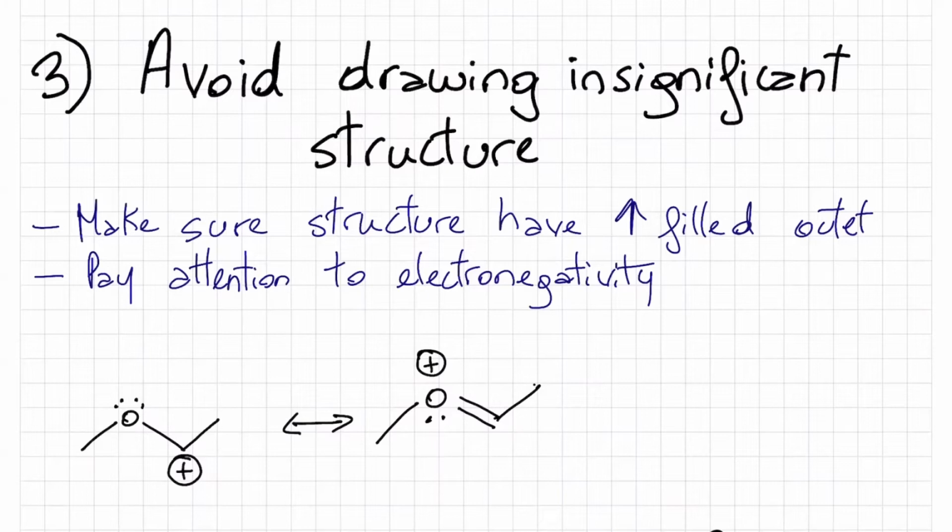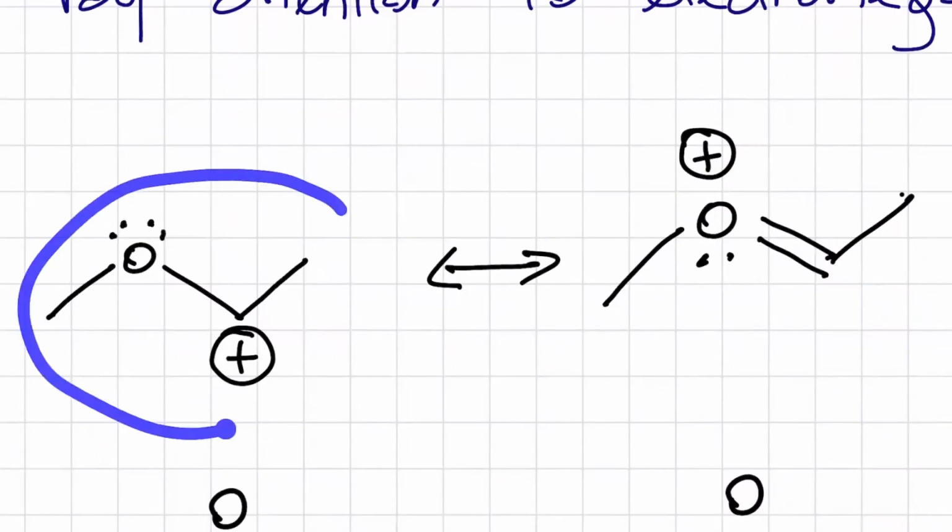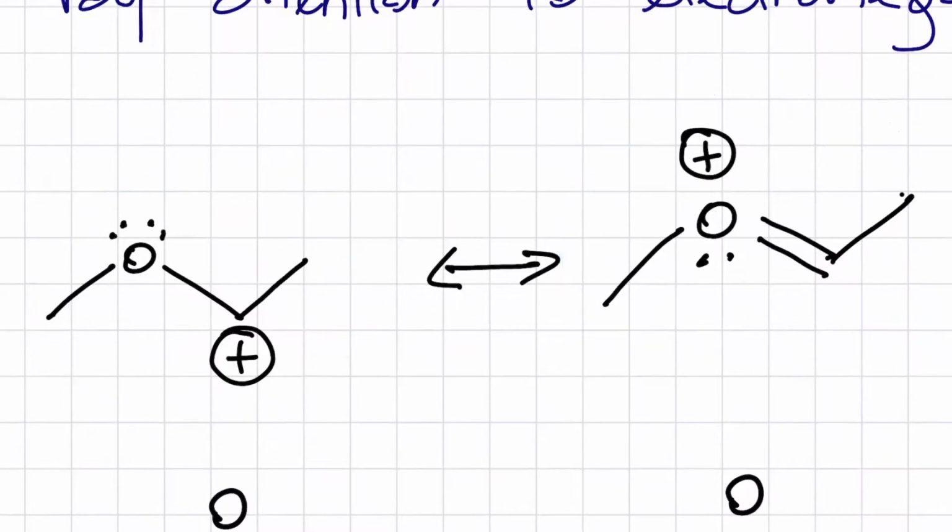It will be a major contributor. Yeah, let's say major contributor. So for example, one rule you have to make sure of, if they ask you which one is the major contributor, is the one that has the greatest filled octet. For example, if you compare those two compounds, one thing we can note is that this carbocation here